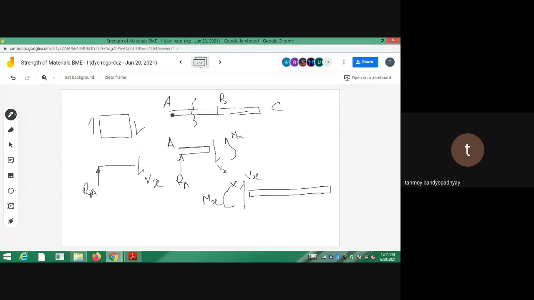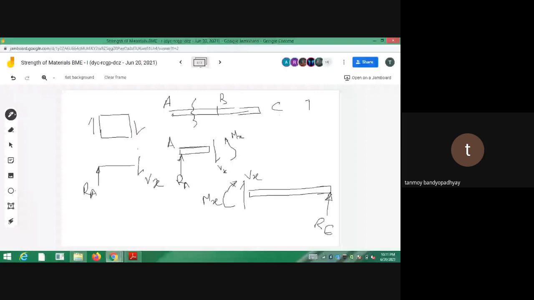Now if I join these two, this is RC. You can ask me, sir, why are you taking the left element? Take the right element, no problem. But whenever you are taking the right element, you have to take your sign convention for the shear force and moments like this. Why? So that when you add these two, now I am joining these two elements to arrive at the original. So this was 1, this is your Roman 1.